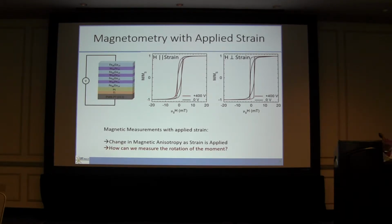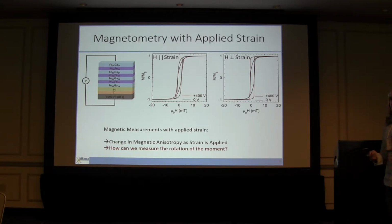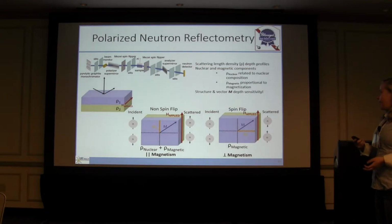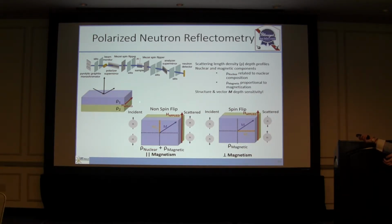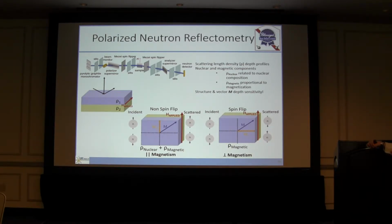So we know that by changing the strain, we are changing the magnetic properties, but we really want to measure how. Can we actually measure the rotation of the magnetic moment as a function of voltage? And we do that with polarized neutron reflectometry. As you may have seen yesterday, we have our thin films, and we have 2 separate nuclear scattering length densities. If we're measuring in the non-spin flip regime, in which we have an incident neutron spin up and we polarize the detector to only detect spin up neutrons, and likewise for spin down, we can actually measure the nuclear difference between the 2 thin films and the magnetic difference